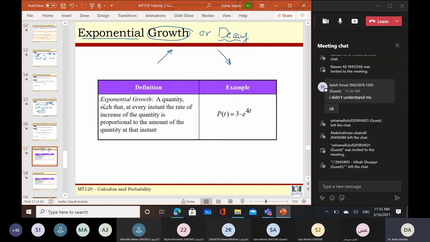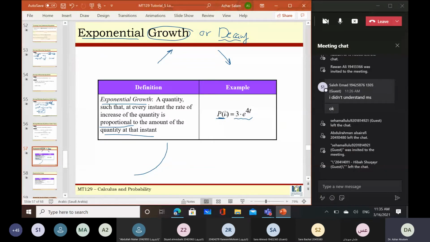Okay, the definition or the exact definition of the exponential growth is a quantity such that at every instant the rate of the increase of the quantity is proportional. هنا نسبة التزايد الآنية طبعا اللي هي الانستنت is proportional تتناسب طرديا to the amount of the quantity at that instant. يكون التناسب فيها تناسب طردي أو يتزايد باضطراد بهذا الشكل. Okay. For example, I have this